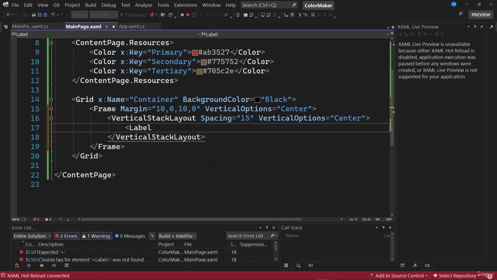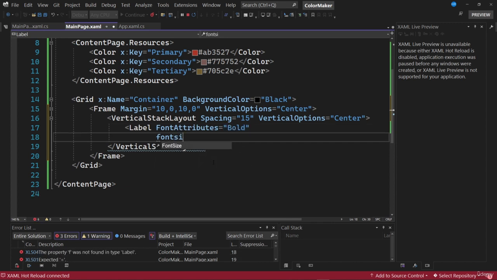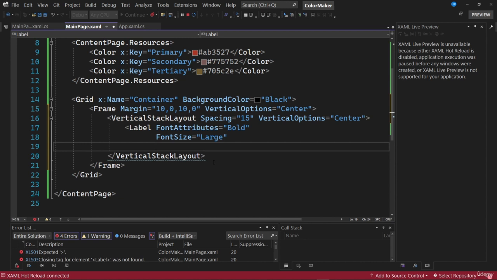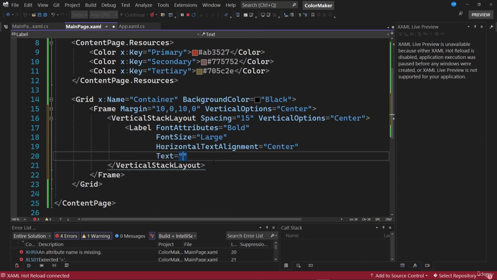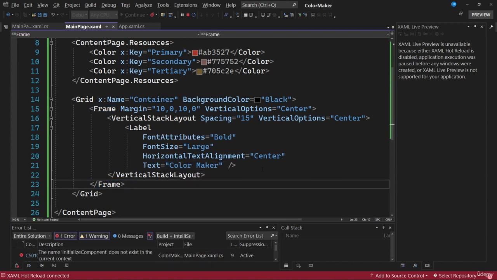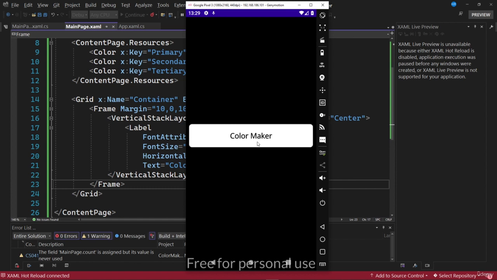As first visual element, let's indicate that we need a label control. Let's specify, for example, that we want the text to be in bold and that the font size property is equal to large, since we will use this label control to display the name of the application. We will also indicate that we want to center the text. And finally, let's indicate that the text is going to be the name of the application, which is Color Maker. We close this label, we save the changes, and here we can see already this label that is being shown